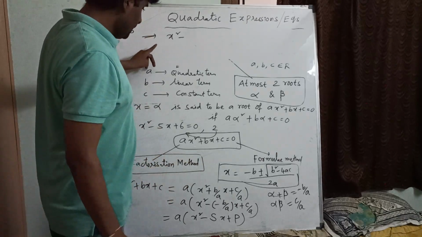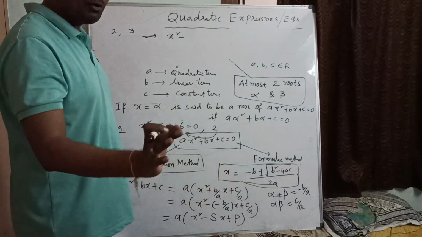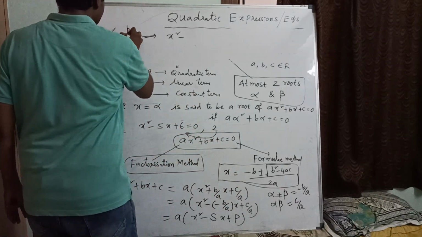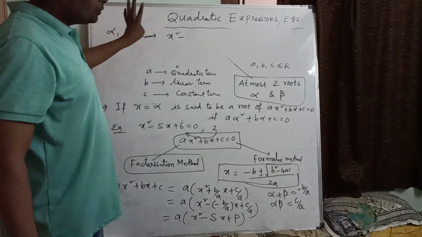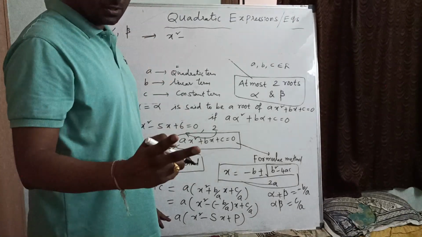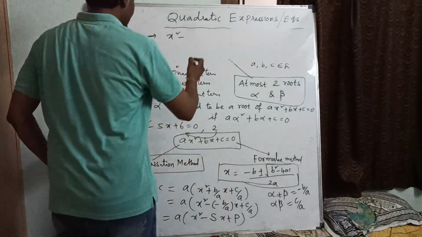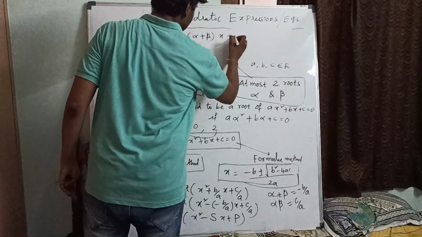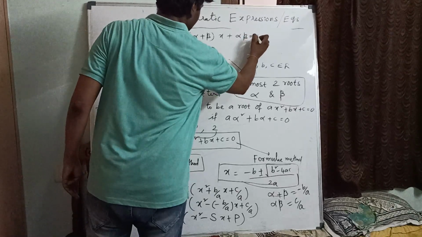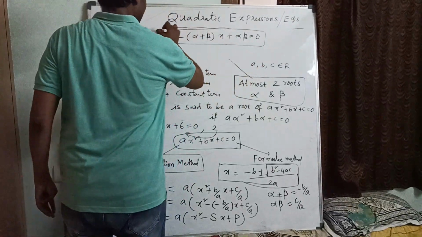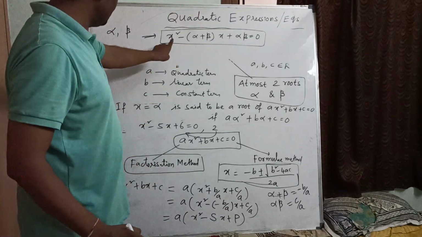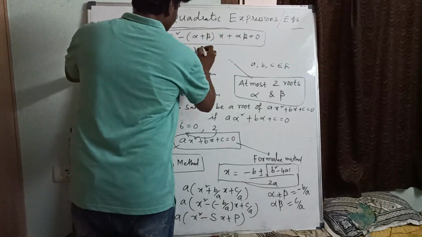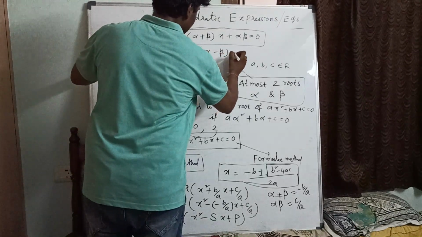Correct? And here, whenever you are given two roots, how can I write the equation? See, for example, alpha, beta are the roots. Generally we take it like that. Whenever you are given two roots, the equation is x square minus sum of roots into x plus product equal to 0. So like that we can write. Correct? From where do we get this formula? Simple. Whenever you are given two roots, can I write x minus first root into x minus second root equal to 0? That's very easy.